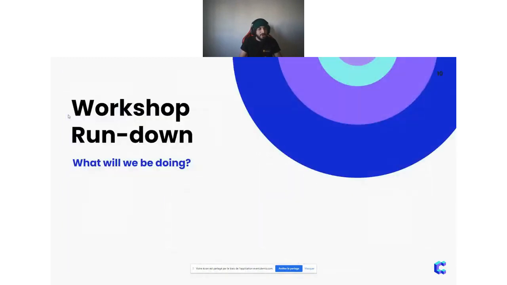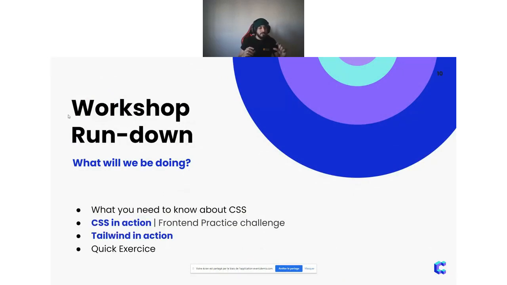And now let's jump to our workshop today. So just a quick rundown, just to understand what we are going to do today. The first thing is I'm going to show you what you need to know about CSS. Of course, I'm not going to show you everything there is about CSS because these things are learned through practice, but through today I will show you just what you need to know, and we will go deeper in our